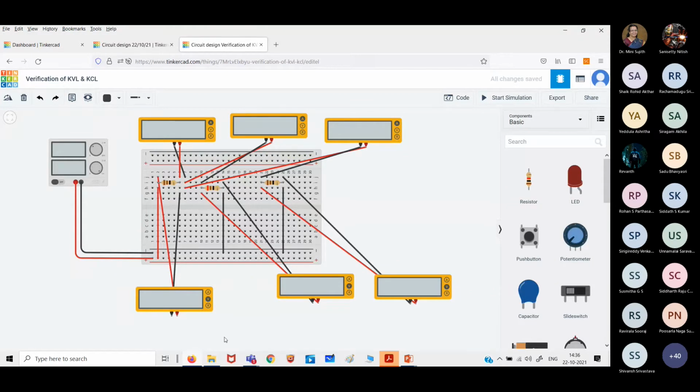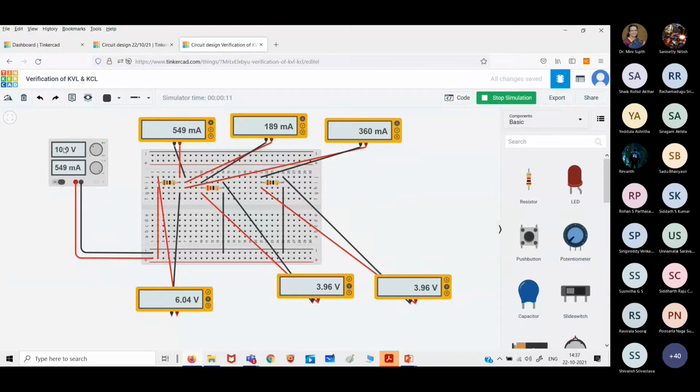So parallel connection, we can give the voltmeters just across each of the resistors. Please check vertical connections are there. We have enough points. Please make use of that. So across here, across the second resistor, across the third resistor. After you're done, run the simulation. Start simulation. And once you start simulation, you can see the values that I calculated theoretically are the similar values which I am getting practically.